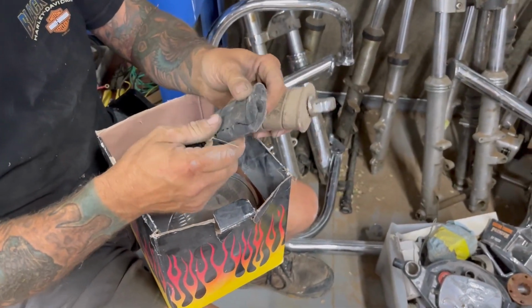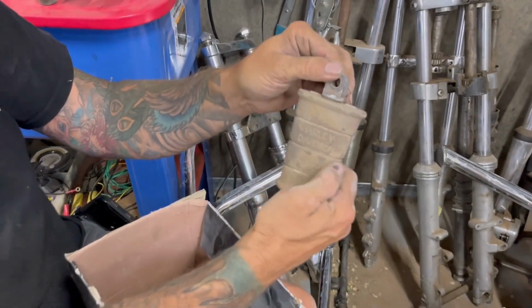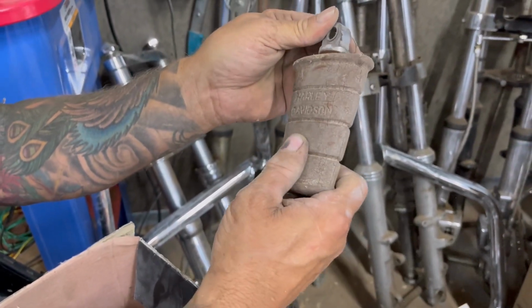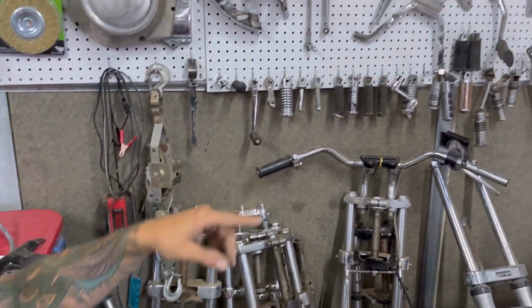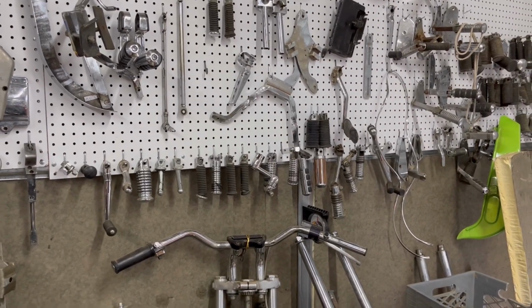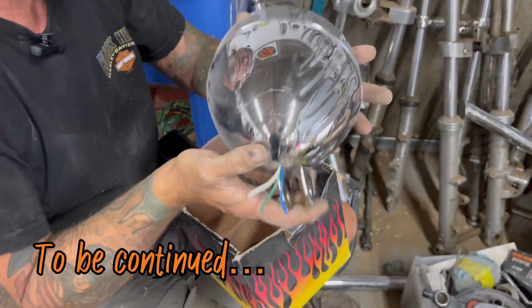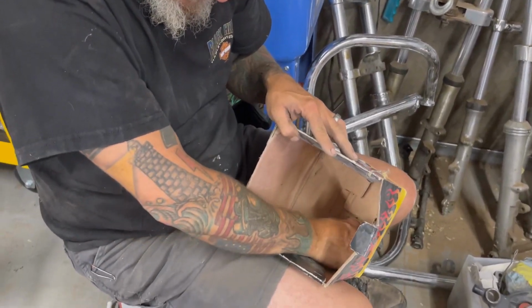All right, so we got a couple of kicker pedals. That one's toast. This one's old school real. It's Harley. That's not aftermarket. I'll probably soak that in some WD or something and see if I can get it to maintain its life. Got another one there that's Harley. The repops are readily available, but it's kind of nice to have the true old school ones. Well, there's a big old torpedo light. Chopper stuff, I don't know. I don't care for it, but